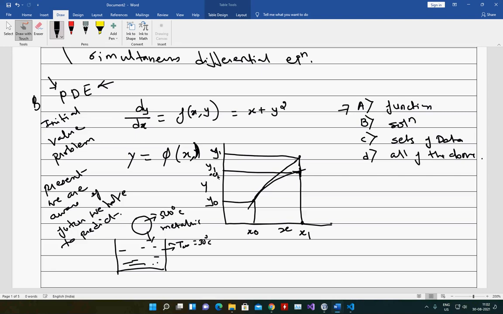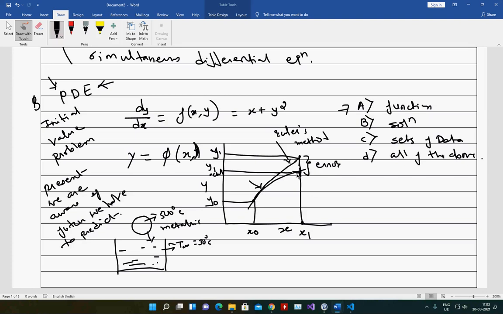This is the actual one, and this is the y1 given by the Eulerian method. And what we find is that this is the amount of error we will be getting. So if I want y1, this is the tangent.